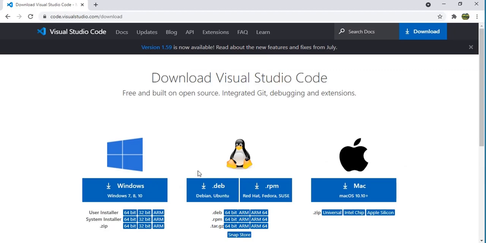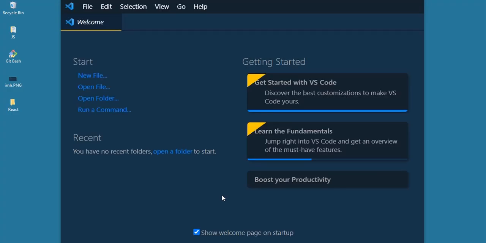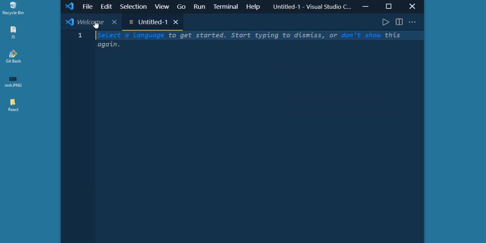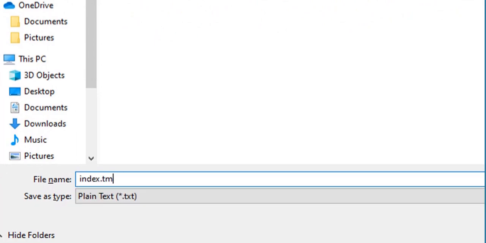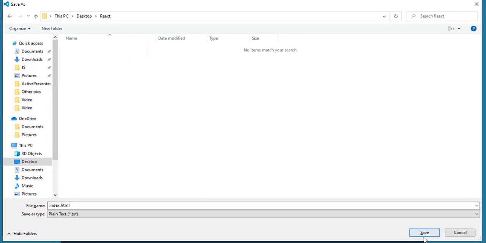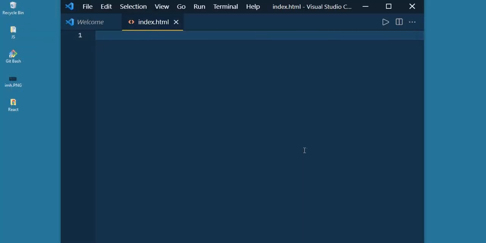Based on the OS, you can select it. Once you install Visual Studio Code, just open it, file, new file, save it as index.html, on my desktop, React, save.